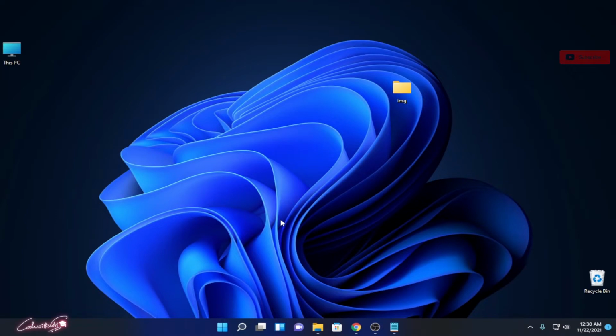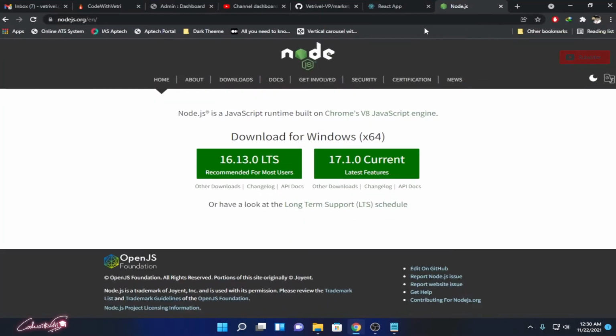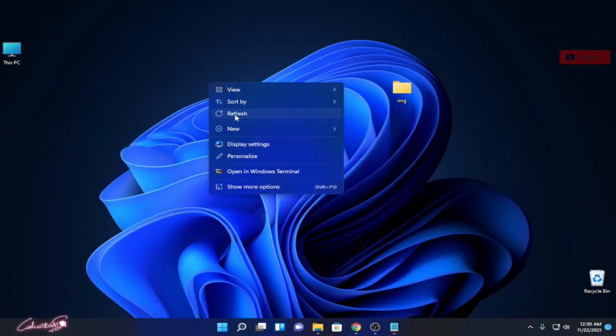Okay then, so first of all you need Node.js to get started. If you don't have Node.js, open up your browser, navigate to their official website and install Node.js. Go for the recommended version, so that it's a stable version without bugs and we don't get unwanted errors, right? So always install this recommended version. Once it gets done, open up your command prompt,